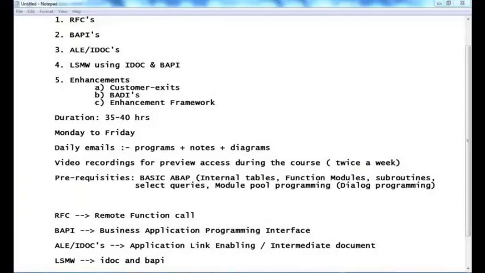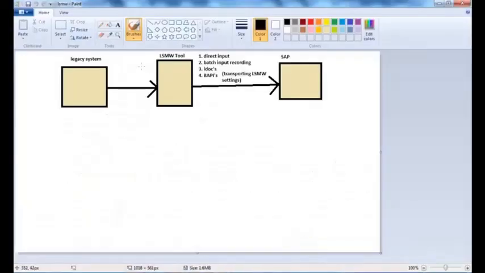So what is this LSMW? LSMW is the Legacy System Migration Workbench. If you see this LSMW here, it's basically a tool. What will this tool do? It will pick the data from the legacy system, and we have to migrate the data. It is one of the BDC techniques. We'll migrate it to the